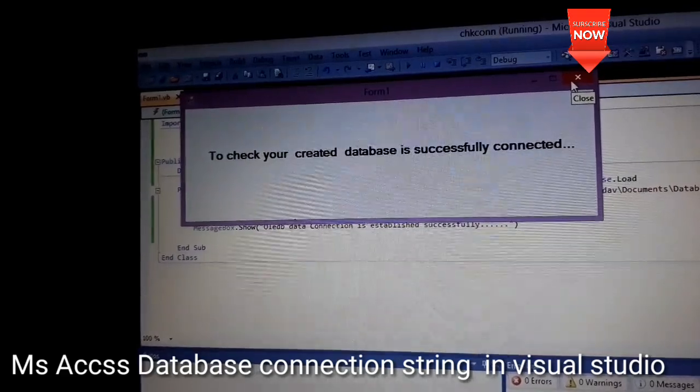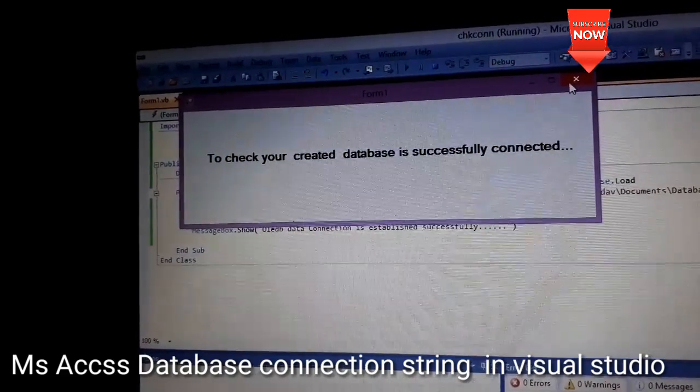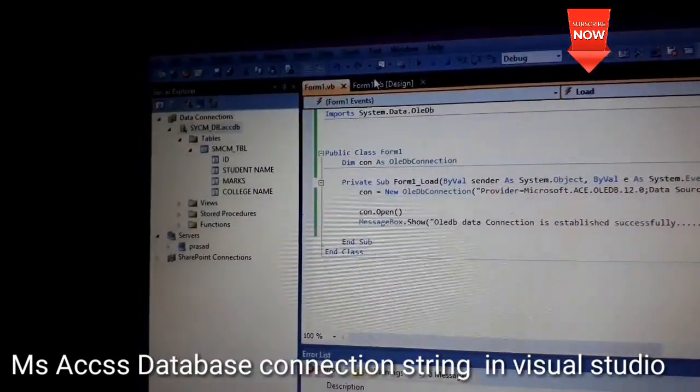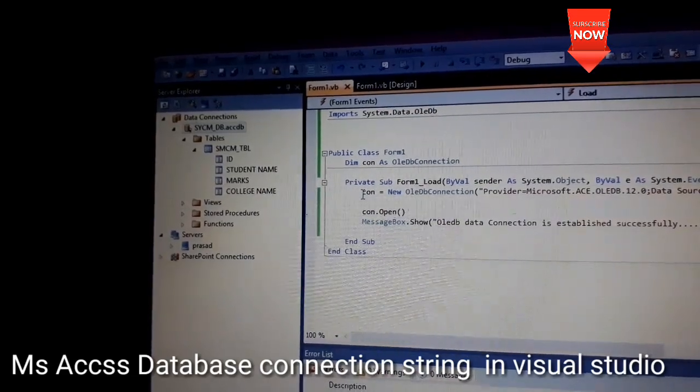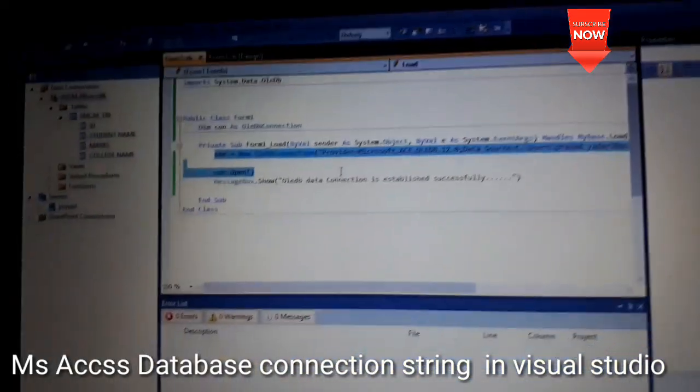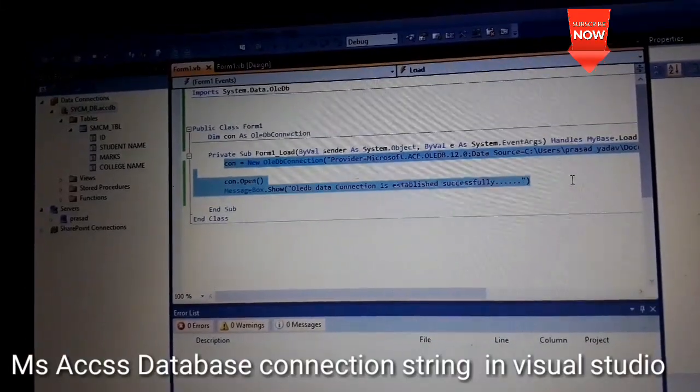If you want to show the connection on a button click, just see here, you have to copy this connection code to any button of your form.